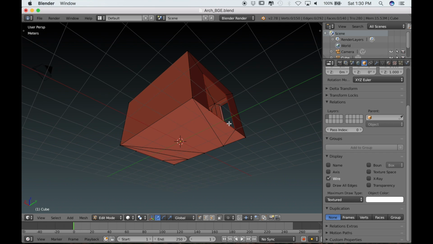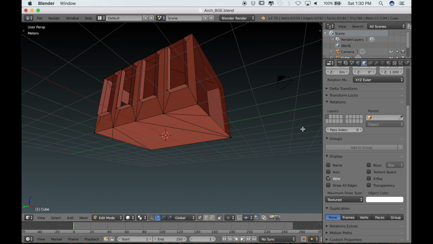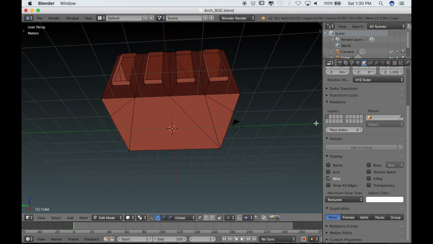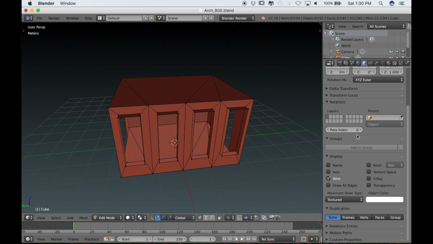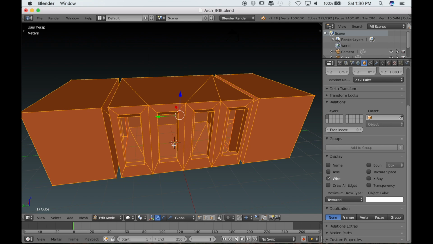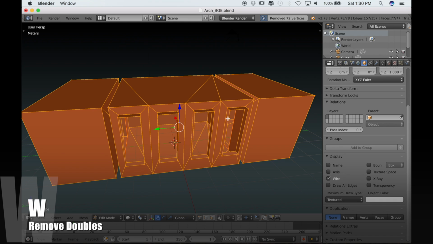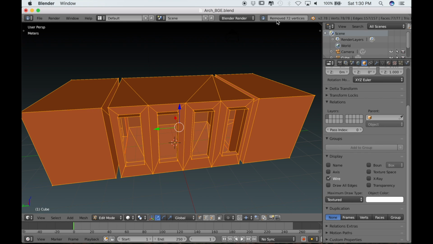And I think that we're probably done with the retopology now. I don't really believe that we can get the vertice count down any lower. So if I unhide those other sections with Alt H and I select everything with A, if I look up at my vertice count, I see that I have 150 vertices. So if I type W and then remove doubles, you can see that that's gone down 72 vertices,